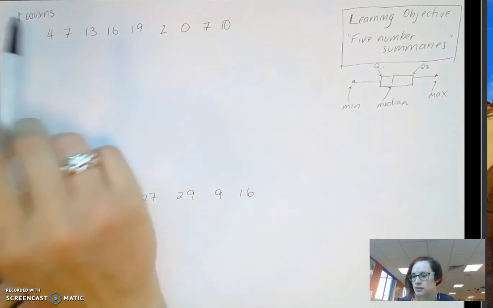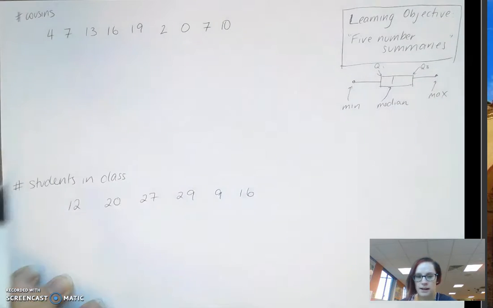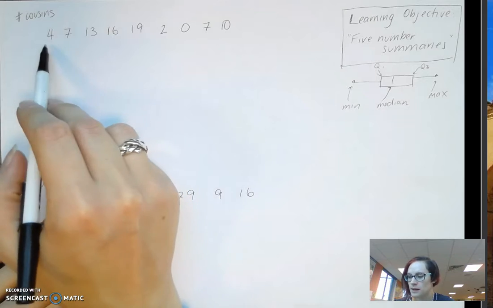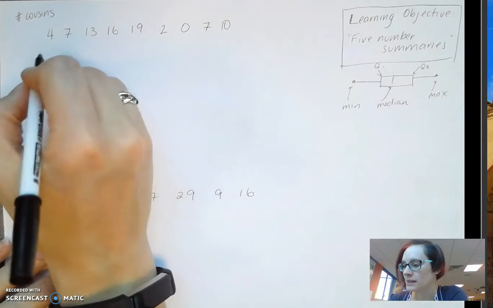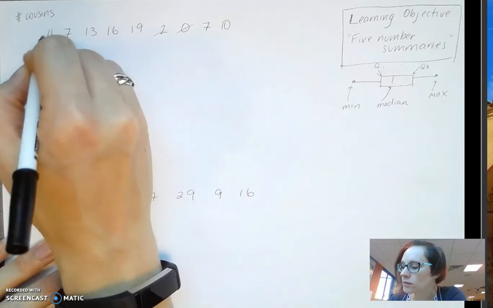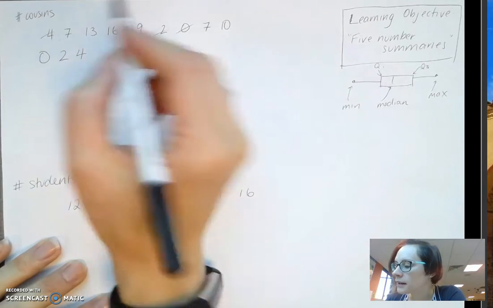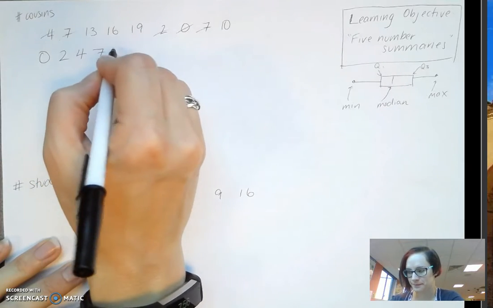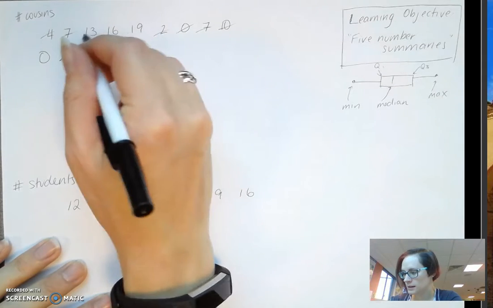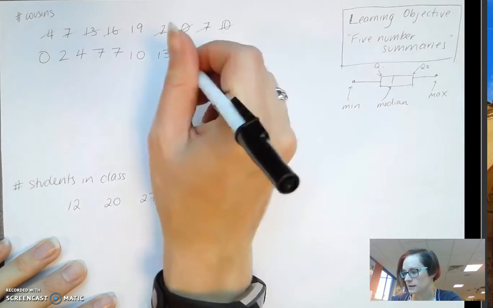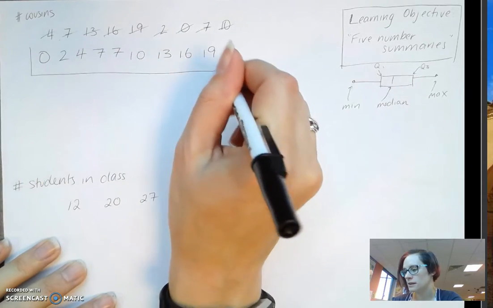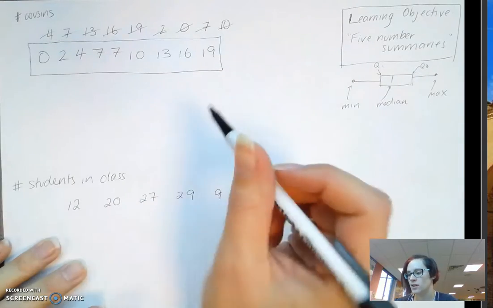All right, let's look at our 2 sets of data here. We've got number of cousins and number of students in a class. We'll start off with our number of cousins, and we need to find those 5 numbers. So the very first thing we need to do, first of all, is put them in order. So 0, 2, 4, 7, 7. What else? 10, 13, 16, and 19. Now we cannot do anything until these are in order, remembering that our median, first in particular,